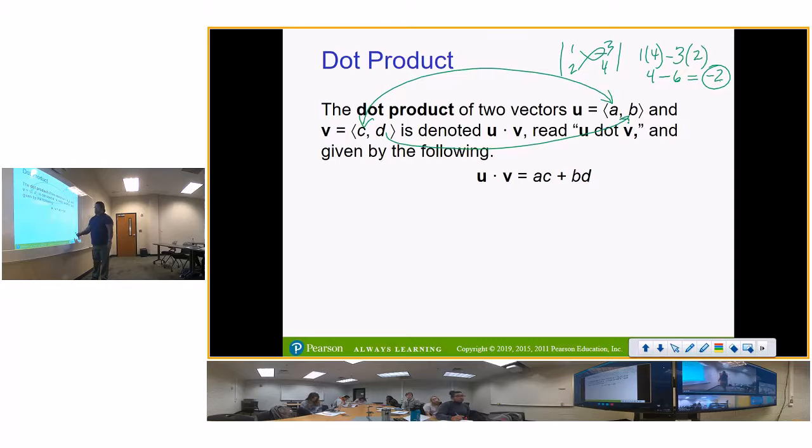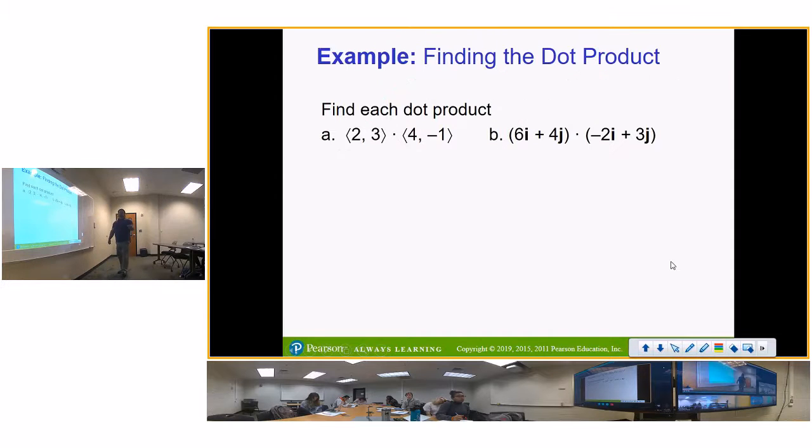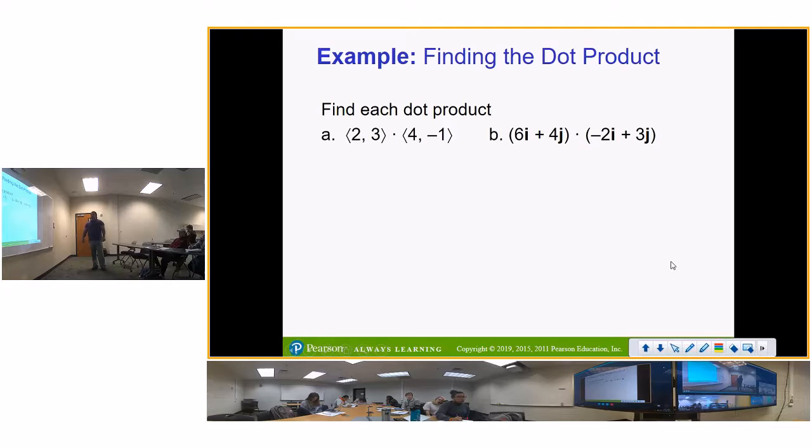Okay? So what is the dot? I'll probably give you one here. There we go. 2 times 4 is 8. What's 8 plus a -3? 5. So the dot product of those two vectors is 5. Same thing there. That's a unit vector, but 6 times -2 is -12. And what is -12 plus 12? 0. So you've got a dot product, and a dot product of 0 means something later, but we're not going to